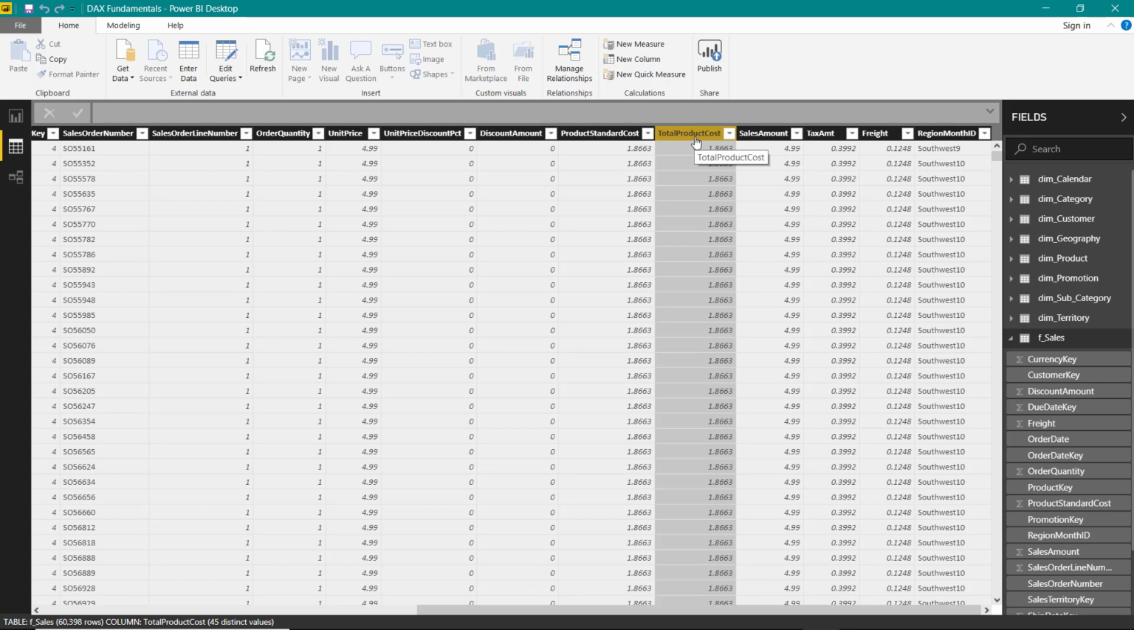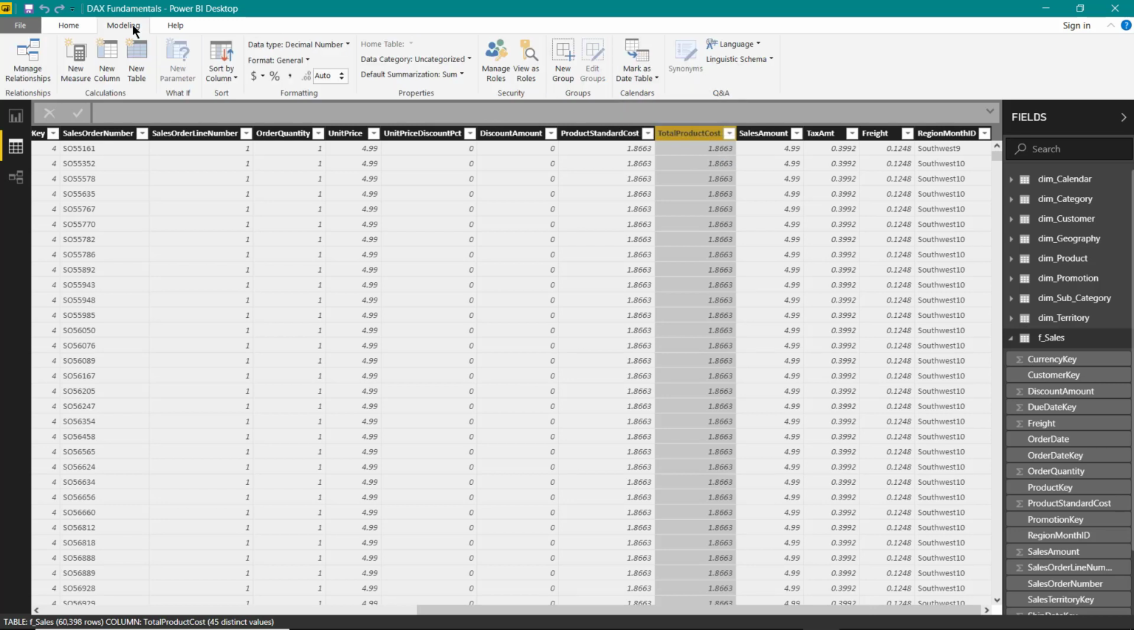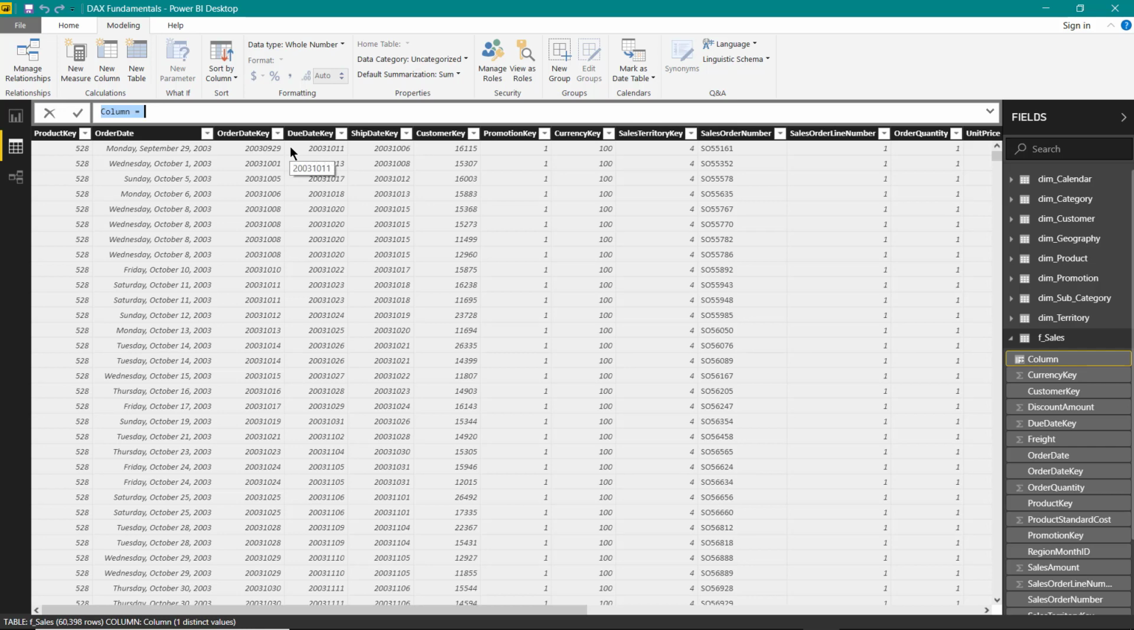To insert a new column, you can use the buttons which are available under the Home tab: New Measure, New Column or New Quick Measure. These options are also available under the Modeling tab. So let me click this New Column now. Once you click on this, a new formula bar becomes active over here, and you can now enter your DAX formula. Since we are performing a simple calculation to determine profit, we would simply subtract this total product cost